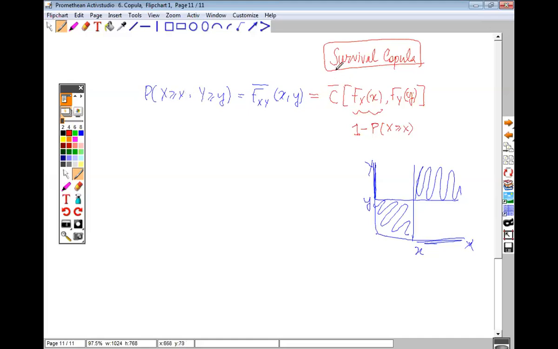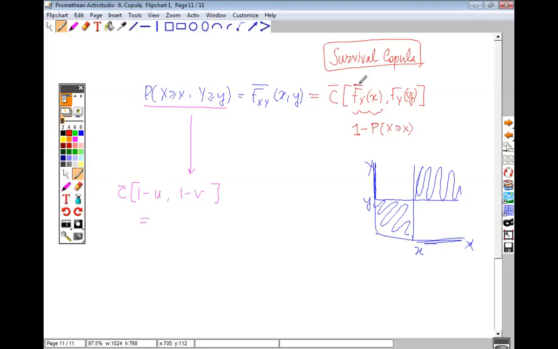So that is why this is also sometimes known as survival copula. And what happens here is you represent this with a copula. So again, when I'm talking about this C bar here, I can replace this F of x with 1 minus the probability that my X will be greater than or equal to x, right? And again, because we're looking at complements here, you have 1 minus v there, and what you get is something like, oh, okay, so again, I forgot to say,